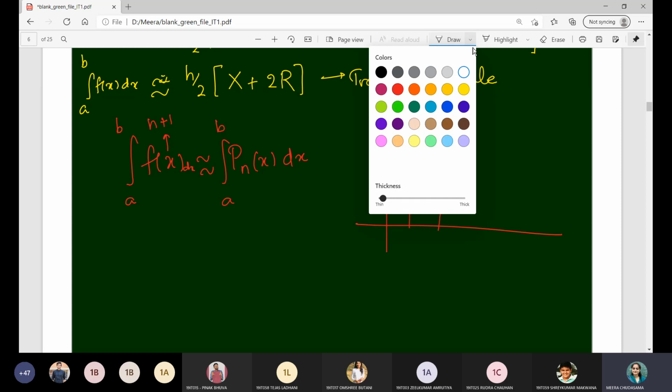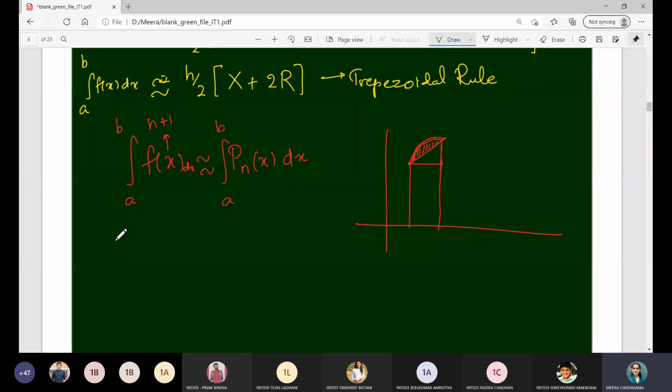So suppose now you are given n plus 1 data where x0 up to xn values and corresponding y0, y1, y2 and yn values are given. Nothing else you are given. And in that case, you are asked to find the integration of f of x for the interval a to b. What we have to do, that is our main target, right? You can use the rectangle rule, trapezoidal rule, but we have seen that there will be some error part. To minimize that error, we will consider now the general quadrature formula. So what is this quadrature formula?